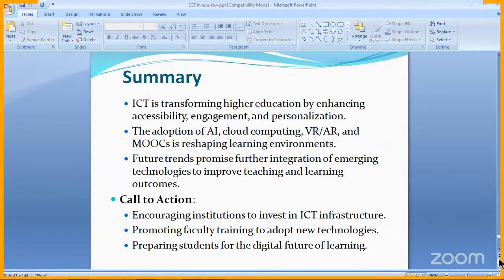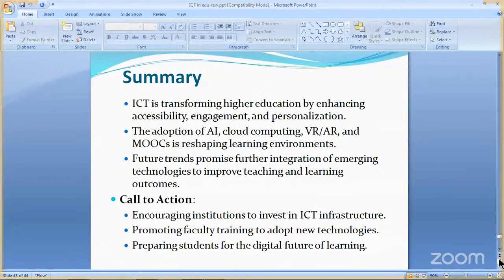The future trends promise future integration of emerging technologies to improve teaching-learning outcomes. So new technologies are always going to be integrated into the system as a new improvement in the teaching-learning process. And we hope that this will all help to make education stronger in coming days.